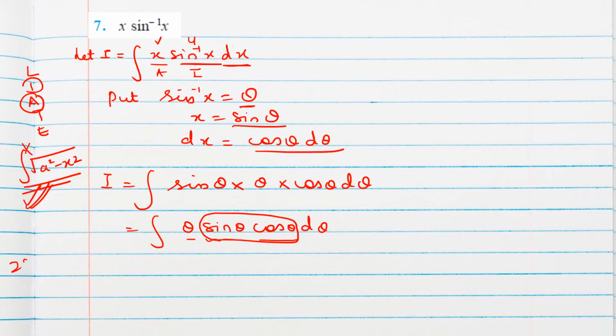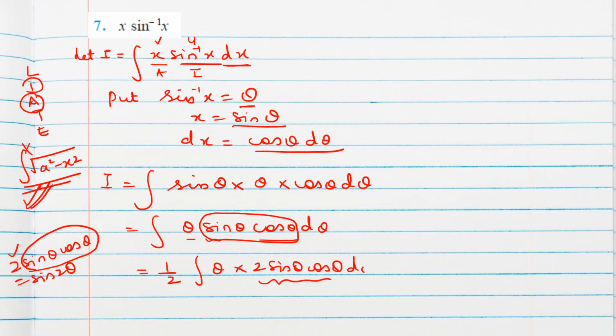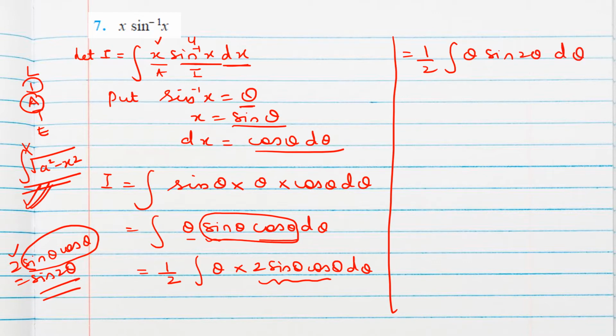So we know 2 sine theta cos theta is sine 2 theta, isn't it? So we have this term with us, sine into cos. 2 is not there, so we will divide and multiply with 2. Okay, now this has become one of the identities which gives the formula as sine 2 theta. So theta sine 2 theta d theta. Now product of two functions, okay, where one is algebraic in the form of theta and one is trigonometric. So algebraic and trigonometric. Algebraic comes first, so this is our u and this is our v. Okay, now apply the formula.